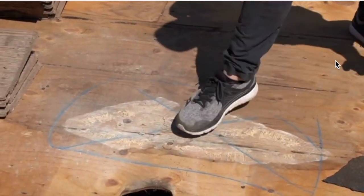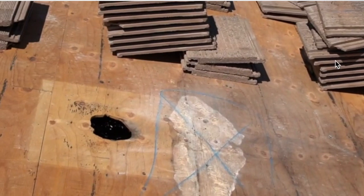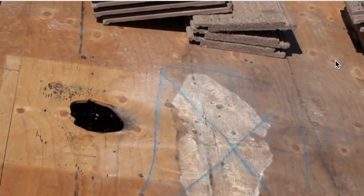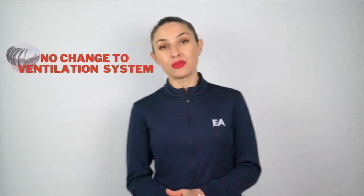Basically, if there are rotten pieces of the decking, you won't be able to see it unless you take off that underlayment. So what ends up happening is that you're putting another roof on top of rotten plywood, which clearly is a big problem. So the next one, a very common mistake that a lot of roofers make is that